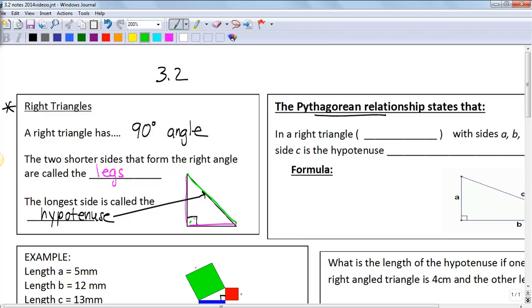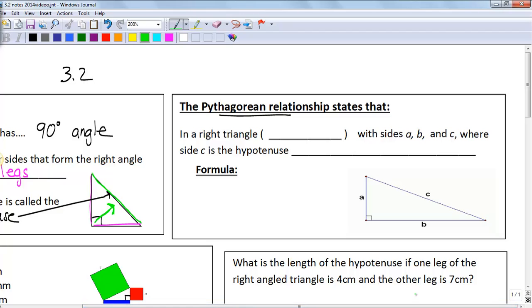Interesting fact, it is always opposite the 90-degree angle, and it's always the longest side. Important stuff to know as we dive into the Pythagorean relationship. Now, this relationship says that a right angle triangle, or a right triangle, remember that means 90 degrees, with sides A, B, and C, where side C is the hypotenuse, right, remember that the hypotenuse is the longest side, is going to have a formula